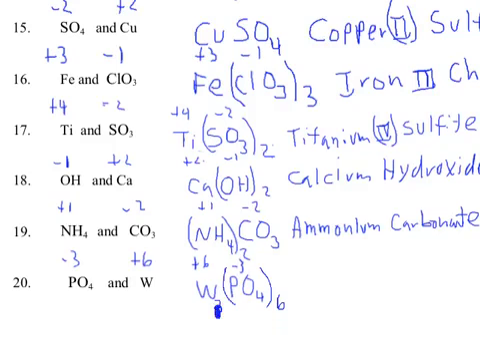Whoops, what did I just do? So I'm going to erase that, and a 3-to-6 is the same thing as a 1-to-2 ratio. And I'm going to call that tungsten 6 phosphate. I don't think I have room to write phosphate,